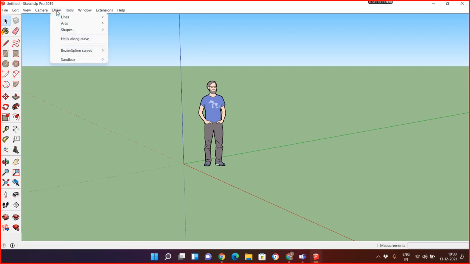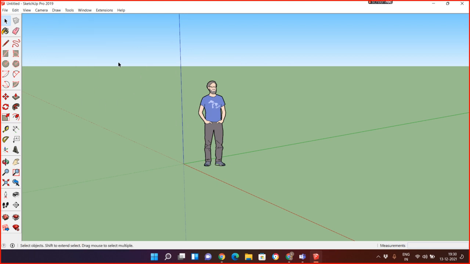So if I go to Draw, and over here, if I go to Line, so look, L is for Line. For Freehand, it's not assigned any shortcut. If I go to Arc, you have different kinds of arcs, but only the 2-point arc is already defined, A. If I go to Shape, for Rectangle it is R and for Circle it is C. So these shortcuts are already defined.